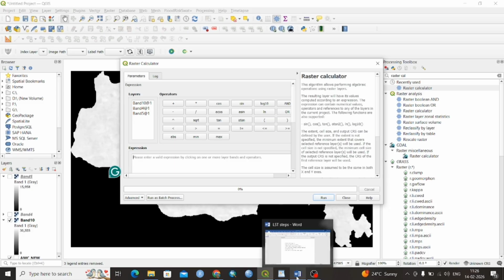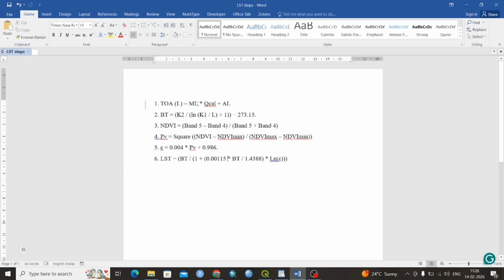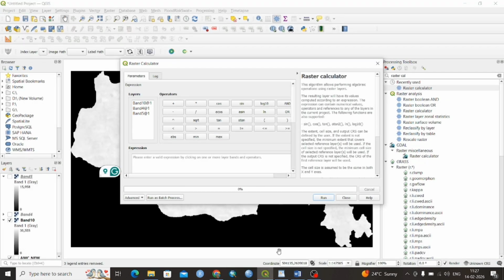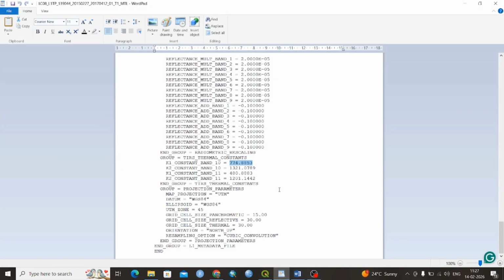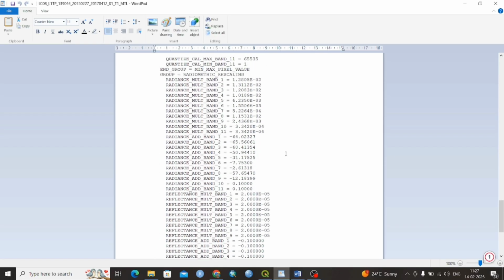Within this raster calculator, first we have to put the formula for converting DN value to TOA, that is ML into Qcal plus AL. ML is the multiplicative factor and AL is the additive factor for converting this DN to top of the atmosphere. This ML and AL value is available in the metadata file, and Qcal is the actual pixel value. So first we have to identify the multiplicative factor value from the metadata file available within this satellite imagery, which is radiance multiband 10. The value is 3.3420 e minus 04. That means the actual value will be